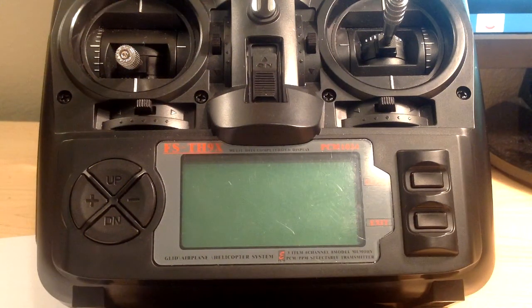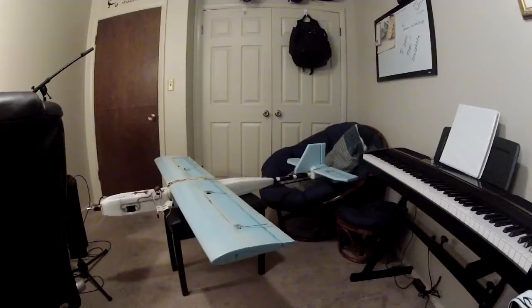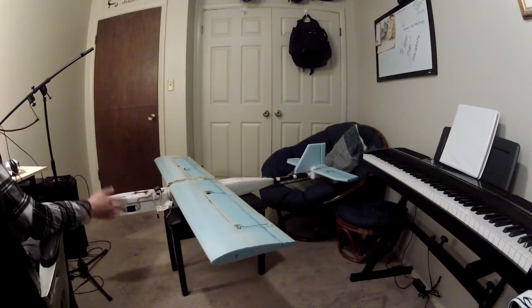Alright, today we're going to learn how to mix a Flysky TH9X remote. There's a couple tricks to it, but we'll just try to go through things in order. First off, what you should know is, looking over at this plane, this is the type of plane that